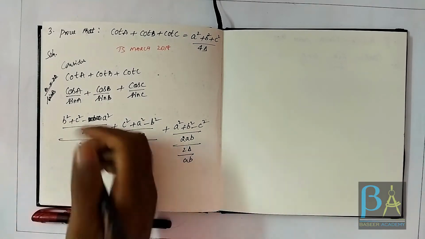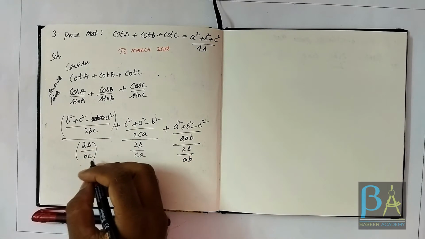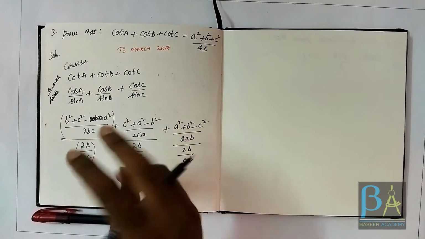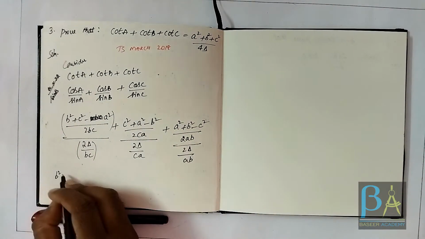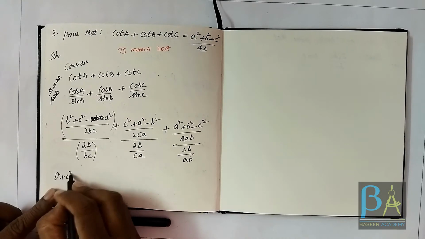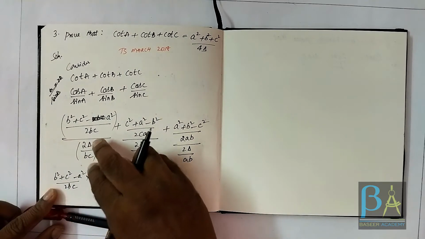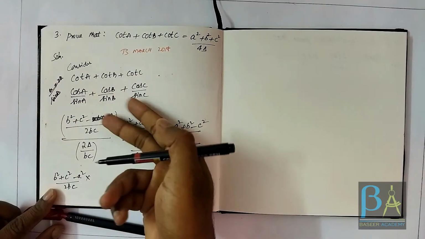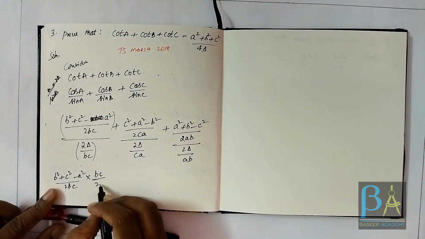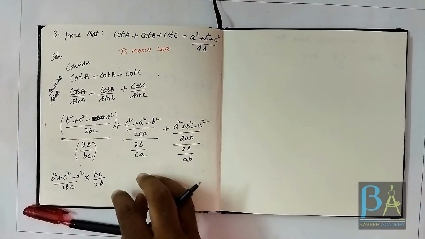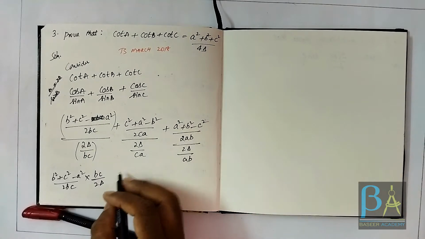Now what happens? Let me write this numerator as it is, and then this denominator, since it's a fraction, if I want to push it to the numerator, I'll have to do a reciprocal, right? So the numerator, let me write it as it is first. So B square plus C square minus A square by 2BC into, so this 2 delta by BC, if I take it to the numerator, it becomes a reciprocal, right? So BC comes in the top and then 2A in the denominator. So this becomes reciprocal here. 2 delta by BC would become BC by 2 delta.